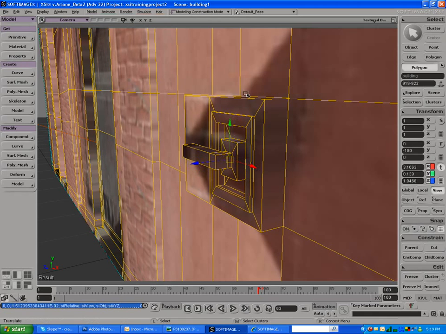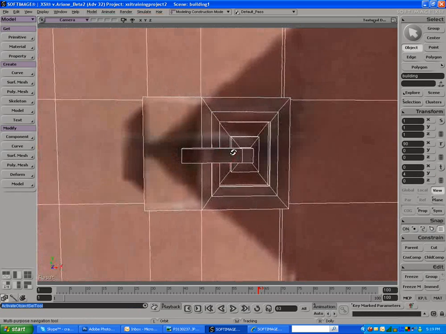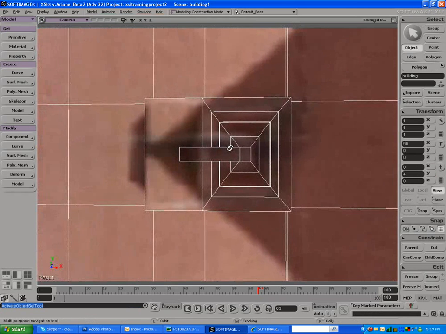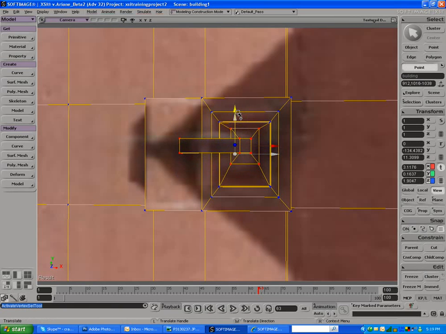Okay, so what we just created is this little block here. It's not quite in the right position yet, but it's very easy for us to go in and start moving these around. So we have these points already tagged earlier, just going to re-tag them, and we're just going to move those up to there, and then we'll just tag these points. Move that up till we get